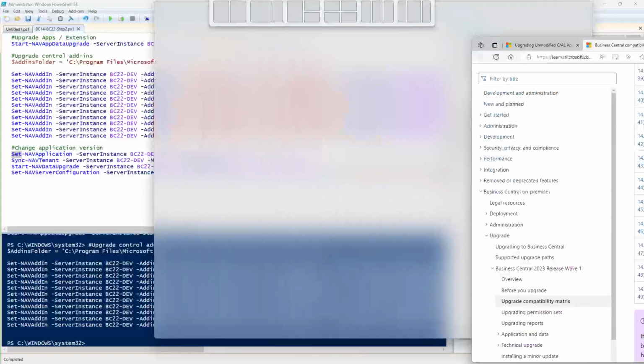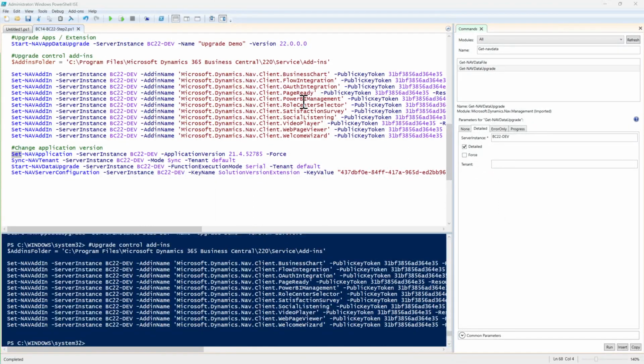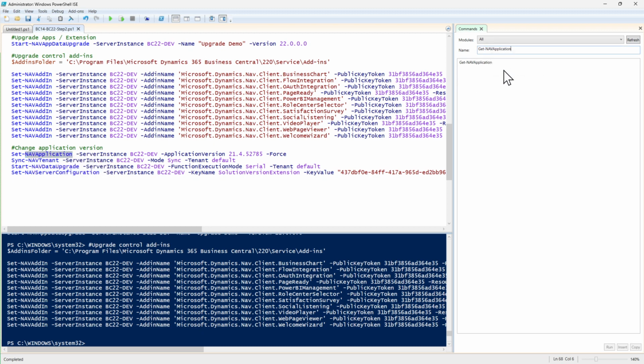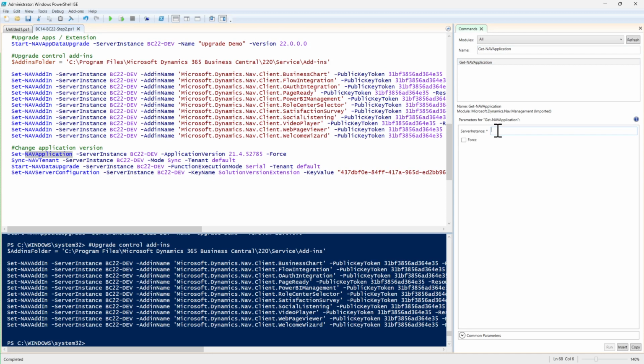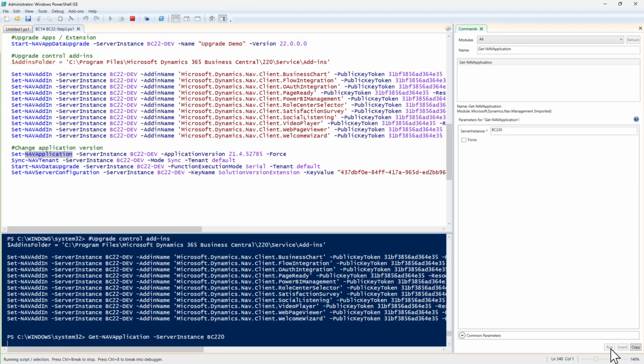So what I'm going to do is I already have a service BC220 which is pointing to a Cronus Business Central 22 environment. So instead of set NAV application, I'm going to find a command to do a get NAV application. And here I'm going to point it to the service that is actually connected to Business Central 22.0. When I run this, I should see,